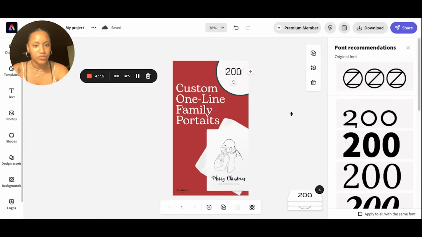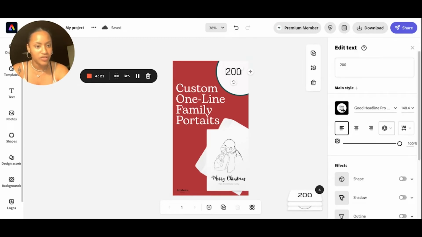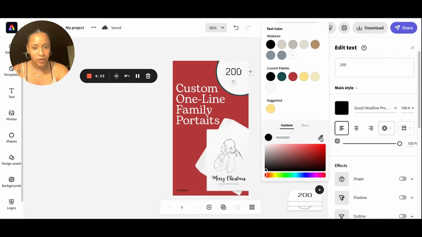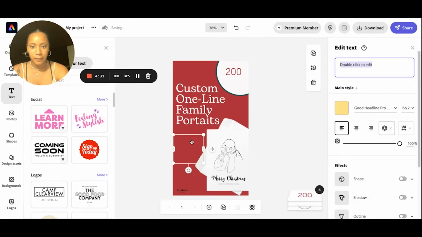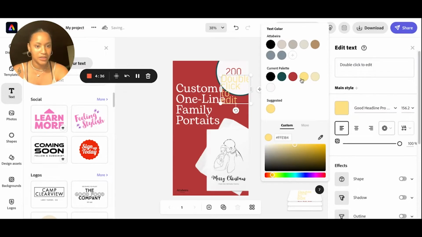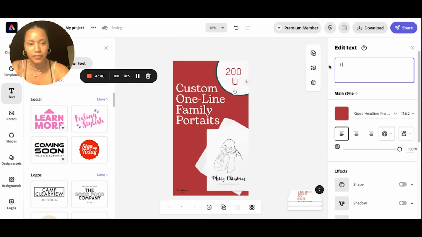I'm going to change the color of this font and I'm going to make it this color. Yes. Nice. So I want to add more text and I don't want a yellow. I wanted the same color I'm using. Yes. And here is for a 4-person